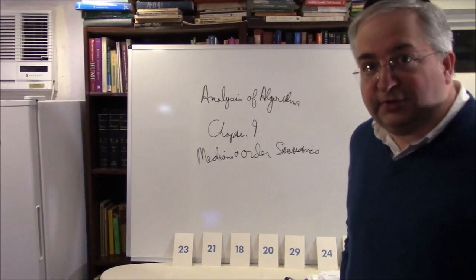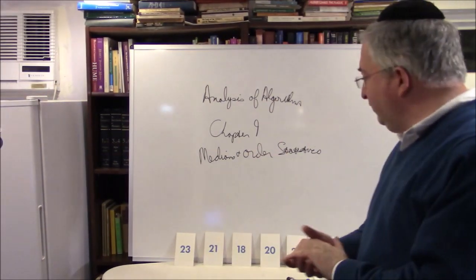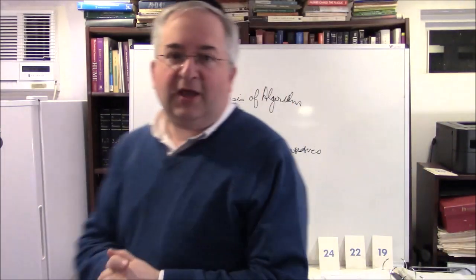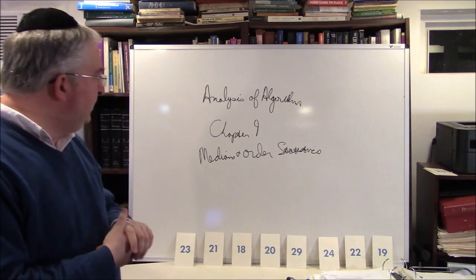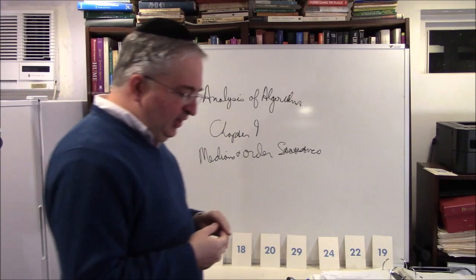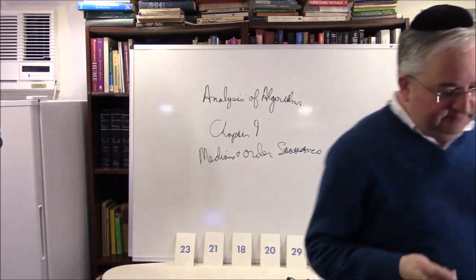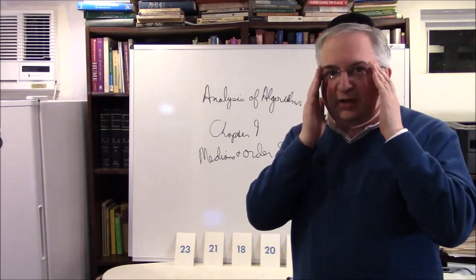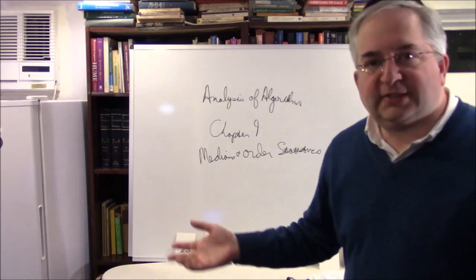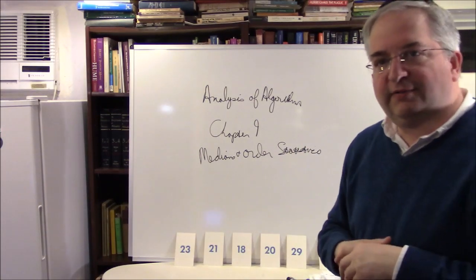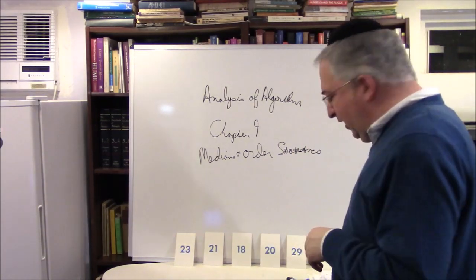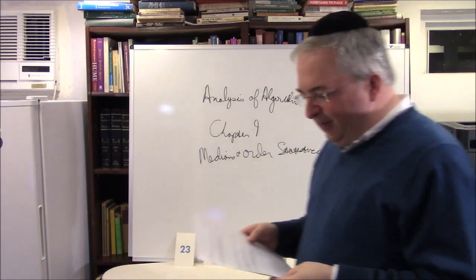So, welcome to Chapter 9, Analysis of Algorithms. I'm Noson Yanofsky. The chapter is called Medians and Order Statistics. It's about, if you have a list, how do you find the best, how do you find the worst, how do you find the median, how do you find the max, min, etc., etc. Okay, so this is one of my favorite chapters because